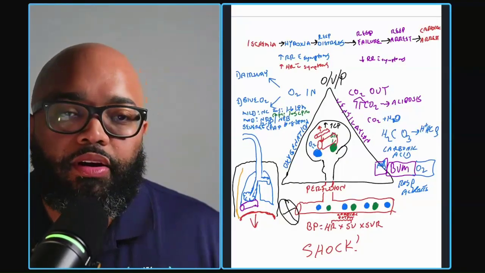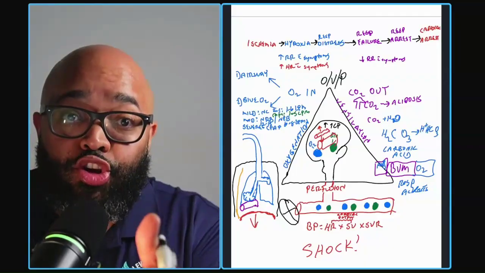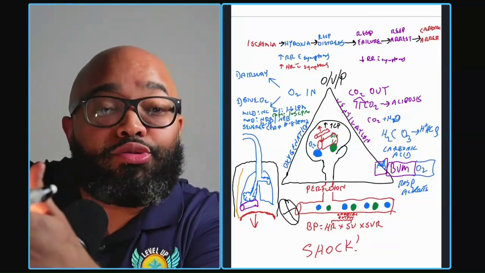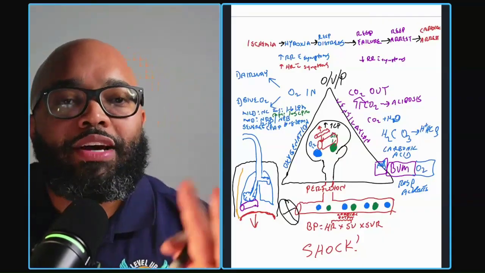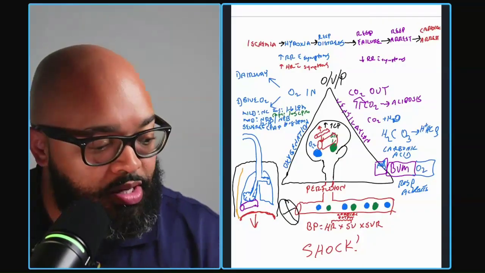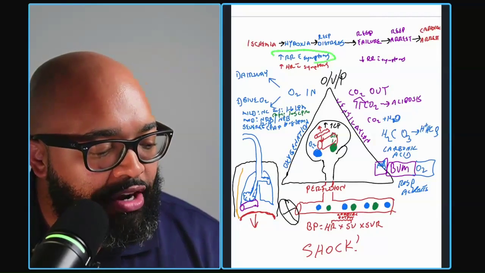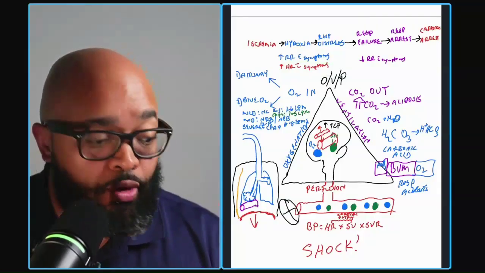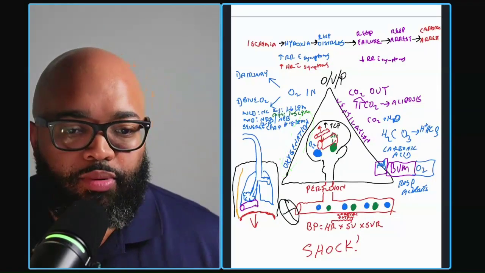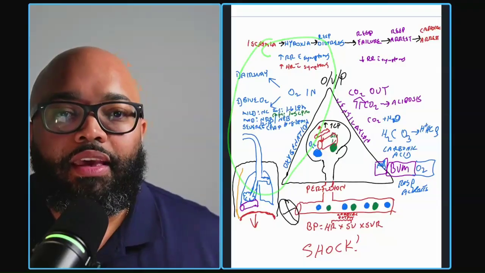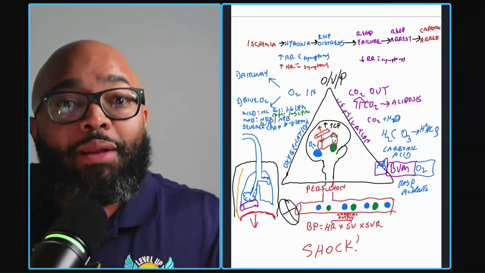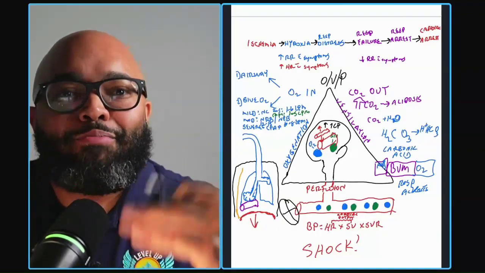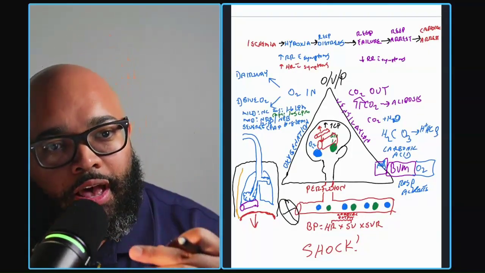Initially, it all depends on at what time you get to the patient. They started with certain symptoms, but let's say it took you 20 minutes to get there, they may have progressed to different signs and symptoms. So initially, we're going to have increased respiratory rate, increased heart rate. That's what you initially have with an oxygenation problem. Notice where I have it on what side. But as the patient gets more and more fatigued, they get tired. First they're like, come on, breathe, breathe, breathe. And then they start getting tired.